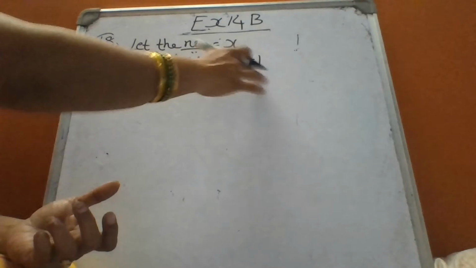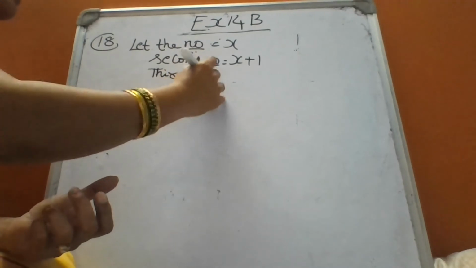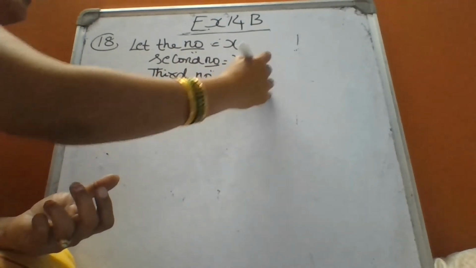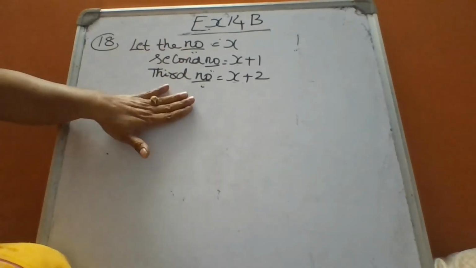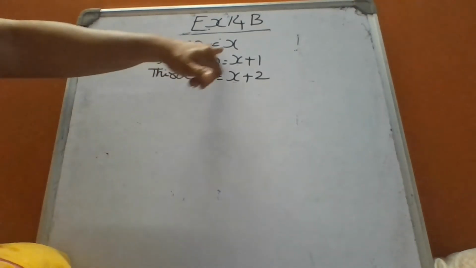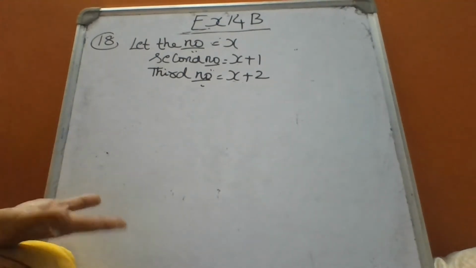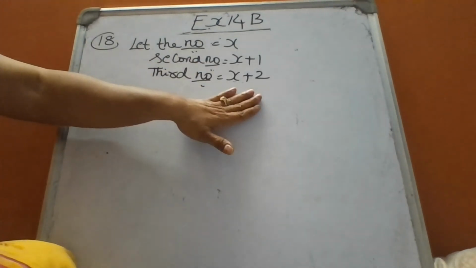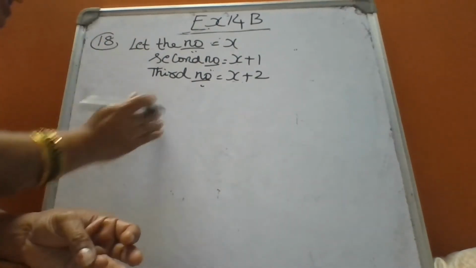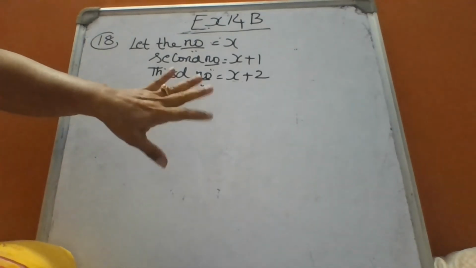Same way, the second number will be x plus 1, and the third number will be x plus 2. I think you got this point. So there are 3 consecutive whole numbers. The first number I have taken as x, and for the second number we have to add 1 to that x. For the third number you have to add 2 to x. So now the question goes like this: the 3 consecutive whole numbers such that if they are